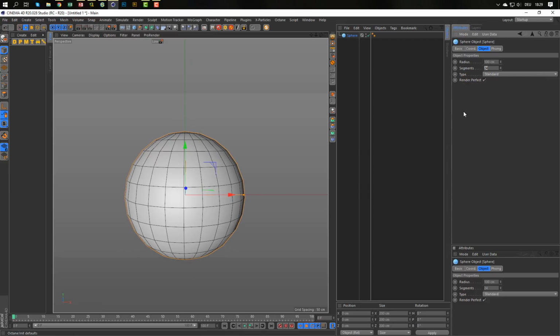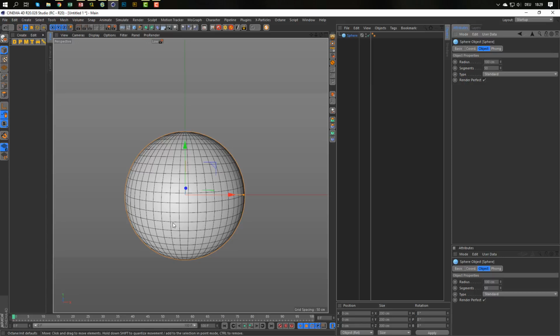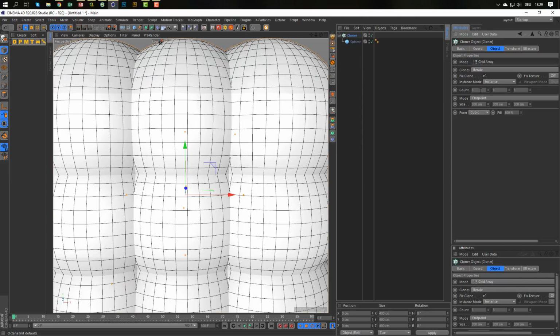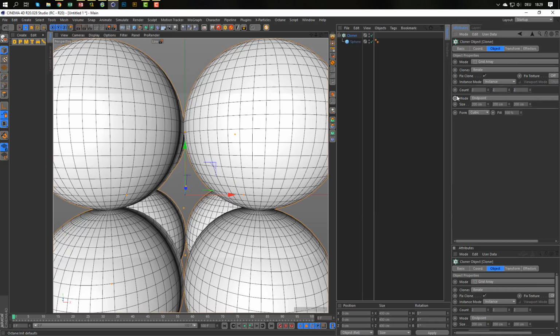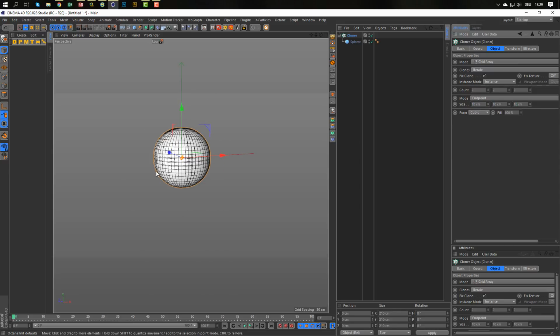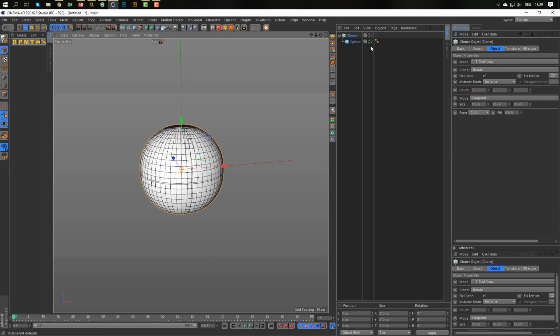So let's give it some more segments so we have a better collision calculation and anything, and we will clone this one. Graph cloner, make a grid array, and I think 2 by 2 by 2 should be more than enough. Okay, make it here smaller, so 100. It can intersect. I want it intersecting, and I want here on the cloner